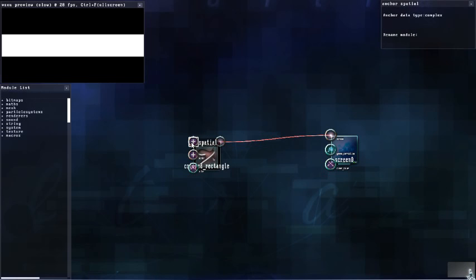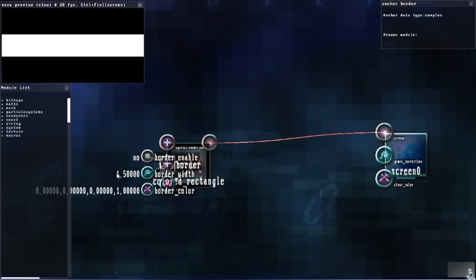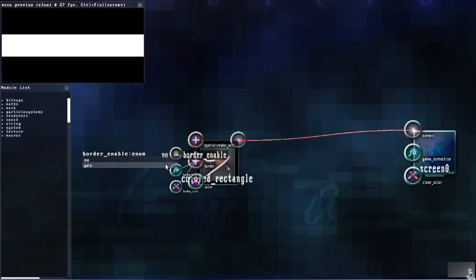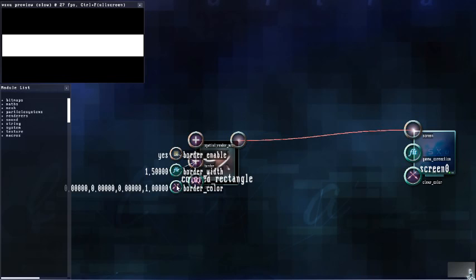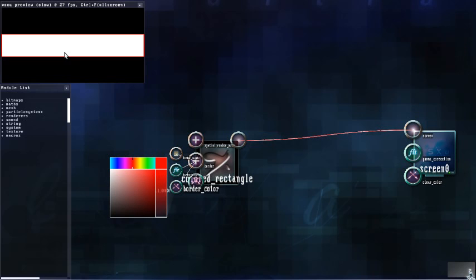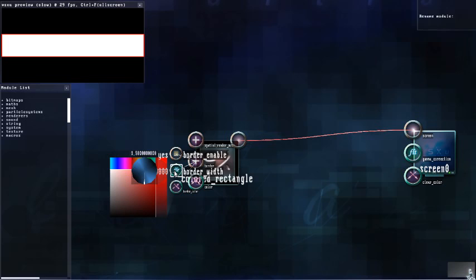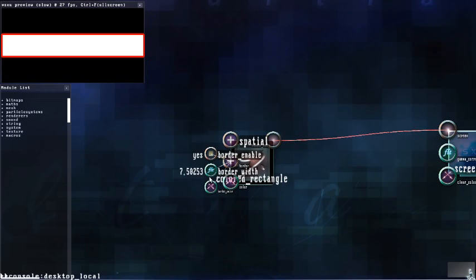Right now, I've showed you a little bit about the spatial, but I haven't really showed you the border. I don't really use that very often. You can have a particular border of a certain color, as you can see right there. The width as well, we can increase that if we needed to. But the real purpose of this video, I wanted to show you how you can actually create automatic changes to